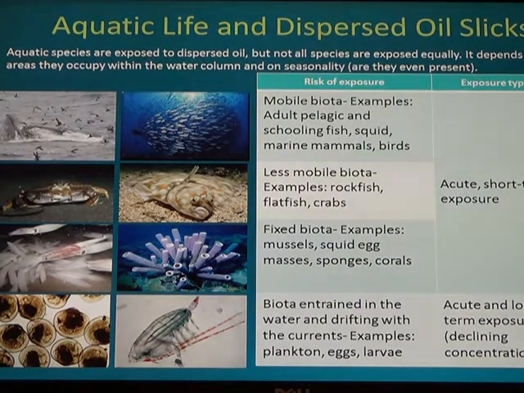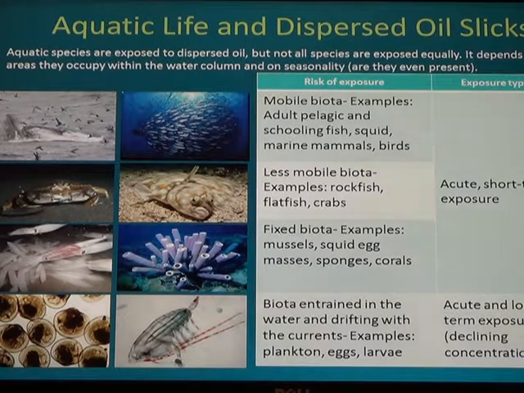So aquatic species are exposed to dispersed oil, but not all species are exposed equally, and it really depends on where they occupy, where they live in the water column, and seasonally, whether or not they're even there. So I want to talk a little bit about that upper water column where you have a very mobile biota. This is just an example. Here are some birds and whales and